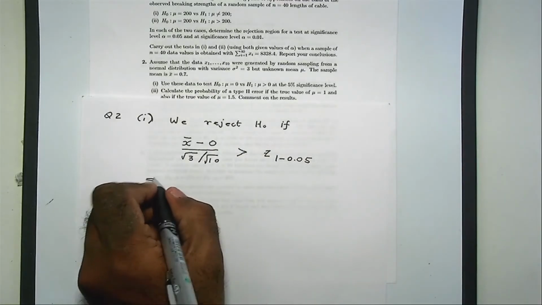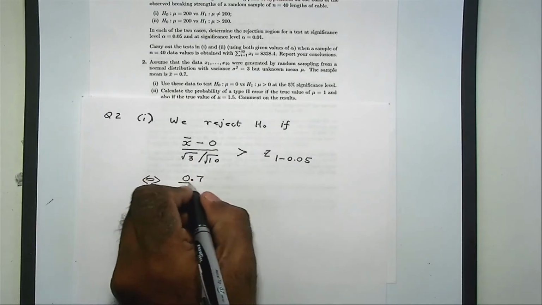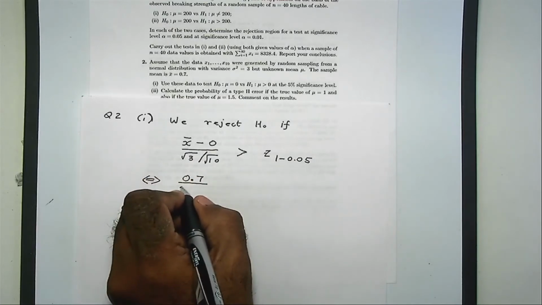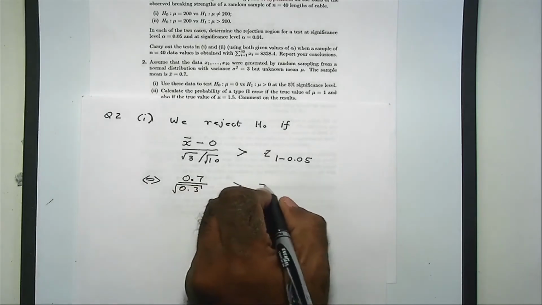So this is the same as saying that x bar, we already know, is 0.7 divided by 0.3 in square root is greater than,